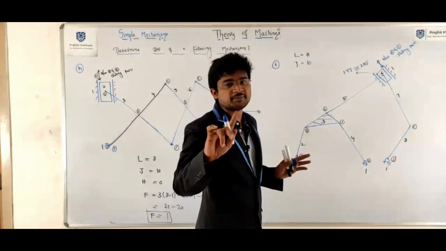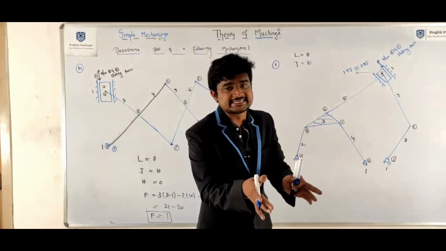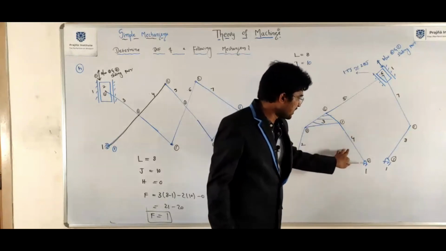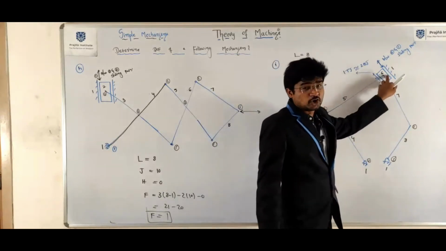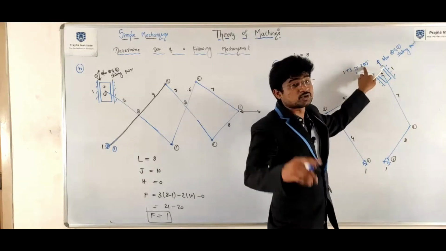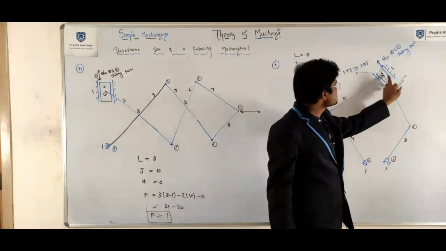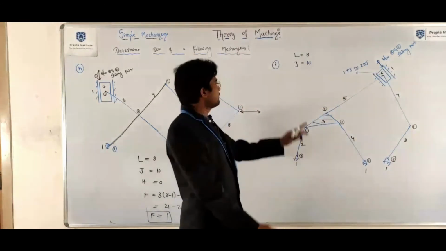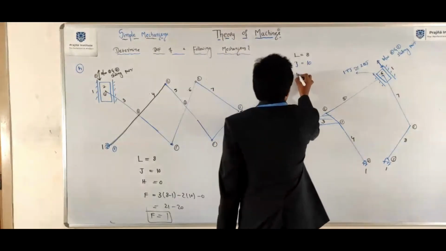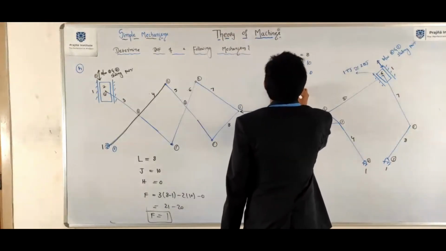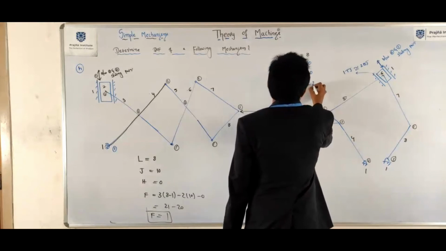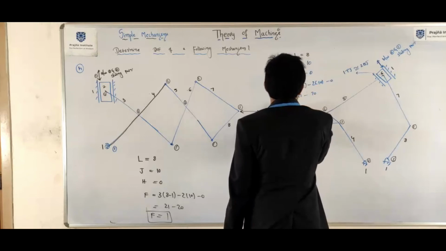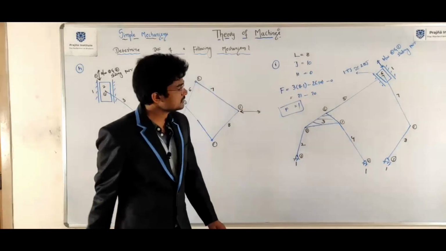See the relative motion between two links. What kind of pair it is. 1 and 2, turning pair, 2 and 3, turning pair, 3 and 4, turning pair, 4 and 1. Here it is a ternary joint, means two binary joints, means two turning pairs, two lower pairs, and 6 and 1, sliding pair. So finally we need to count all the lower pairs, that is J. H equivalent to 0, F equivalent to 3 into 8 minus 1 minus 2 into 10 minus 0. 21 minus 20 is equal to 1. F equal to 1. Clear?